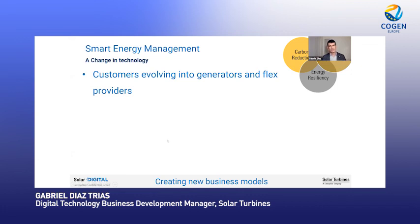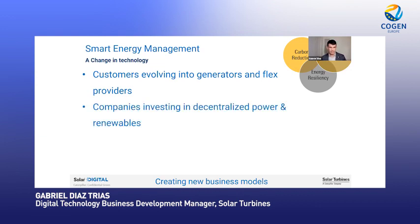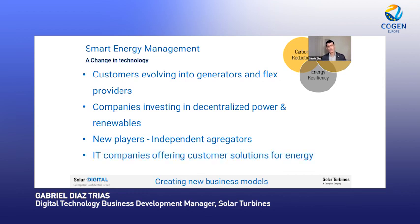Why is that? Because customers are evolving; they are not just generators anymore. They participate in the grid. They provide balancing services, as my colleague was saying before, or they can also participate in the capacity markets or dispatch markets when required. So you cannot just be a passive actor in this market. You need to start doing something, interact. You also see companies investing more in decentralized power and more in renewables. You see new players like aggregators that provide these balancing services in the grid. And you have new roles appearing of companies providing all the software and IT solutions for customers to be able to participate and benefit from this new situation